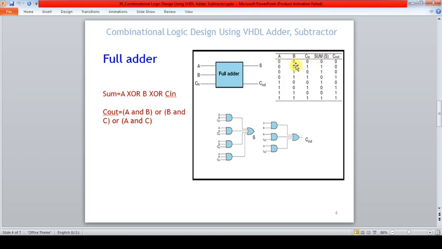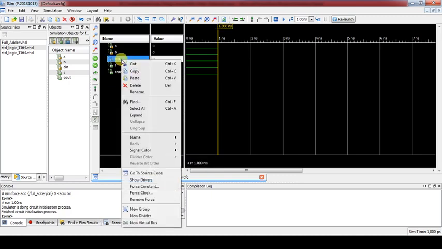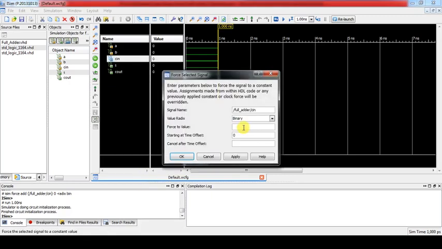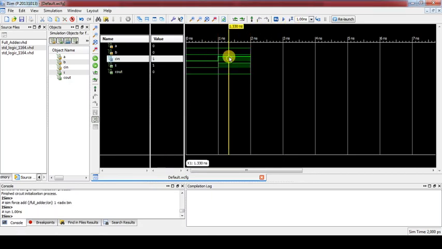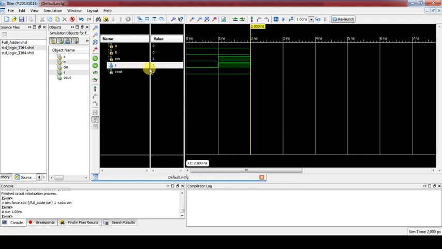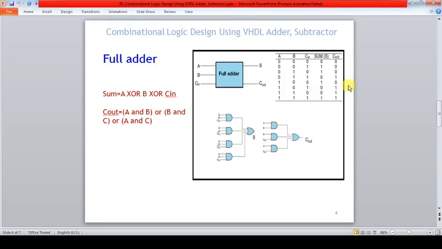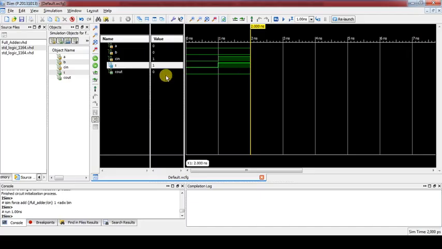The next input is A 0, B 0 and carry in logic 1. So let us force C in, force constant binary 1, run for 1 nanosecond. Because of this C in 1, our sum output becomes 1. Here sum is equal to 1, carry is equal to 0.